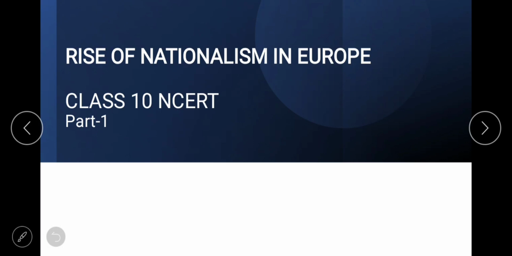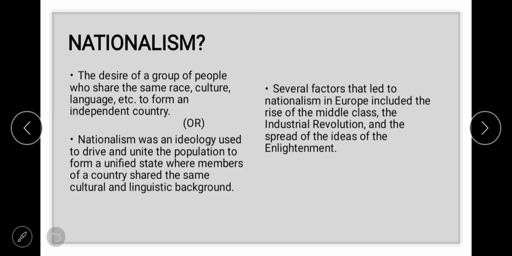Rise of Nationalism in Europe. Before we get into the chapter, let's get some basic ideas in order to understand the lesson. As the title says, Rise of Nationalism in Europe, let us first understand what nationalism is. Nationalism is the desire of a group of people who share the same race, culture, language, etc., to form an independent country, or it could also be defined as an ideology used to drive and unite the population to form a unified state